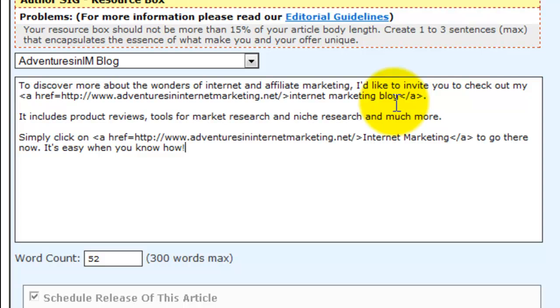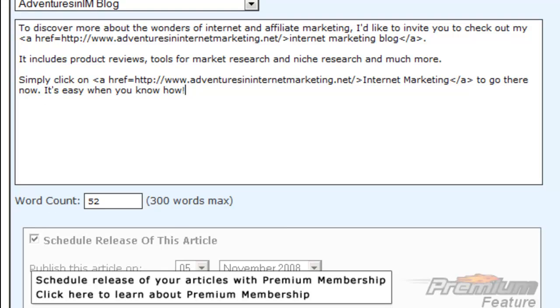And the more of those links you have, the better. So that's where you're going to put those, in the resource box. Try and make the resource box, as I say, run on from the article itself. Try and make it more conversational rather than salesy, but obviously make sure you put your link in there,